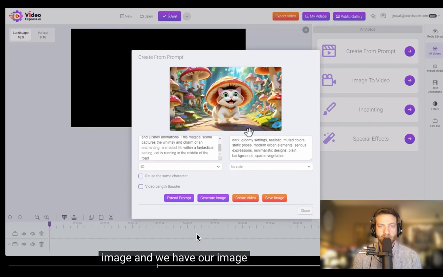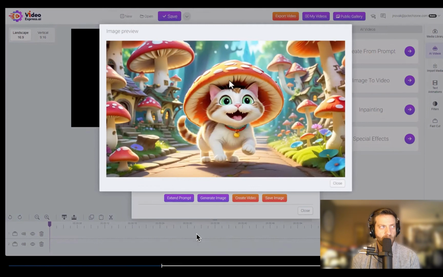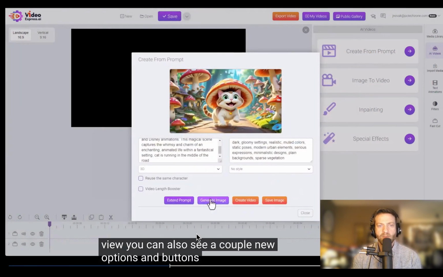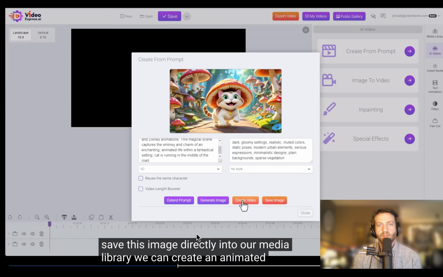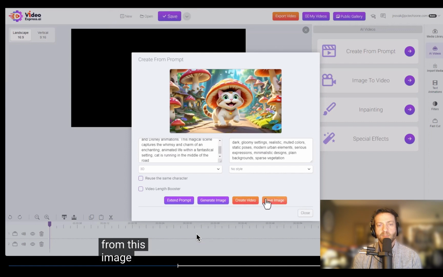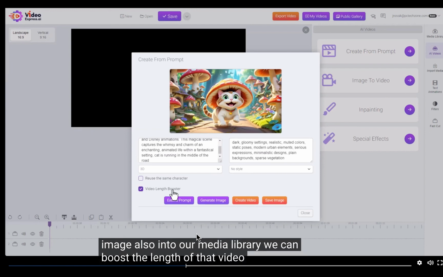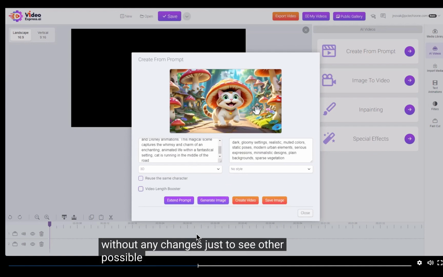And we have our image. This looks pretty good. We can click on it to get a closer view. Yeah, pretty good. You can also see a couple new options and buttons have appeared. We can save this image directly into our media library. We can create an animated video from this image, also into our media library. We can boost the length of that video with this option, video length booster, make it twice as long. We can also tweak our prompt or just hit generate again without any changes just to see other possible variants